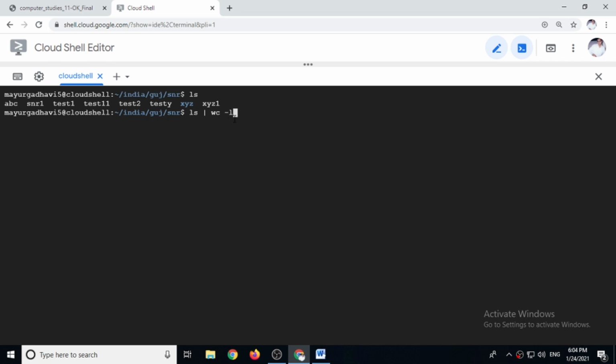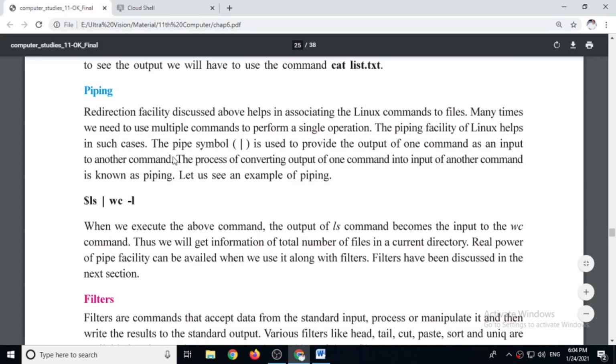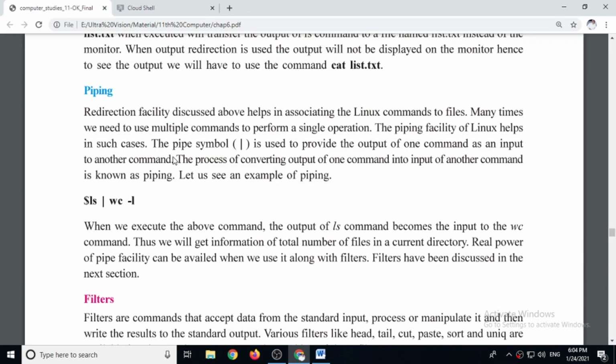And because minus l is given with wc, it will find out the number of lines from the output, meaning from the ls command's output. Here it gives 8. It means a total of 8 files and directories are there in the current directory. So this way we can find out the number of files and directories in the current directory. So the pipe sign can be used to combine two commands.